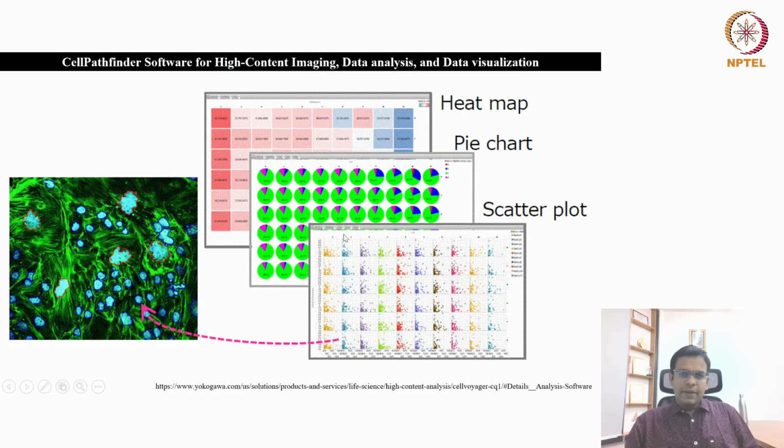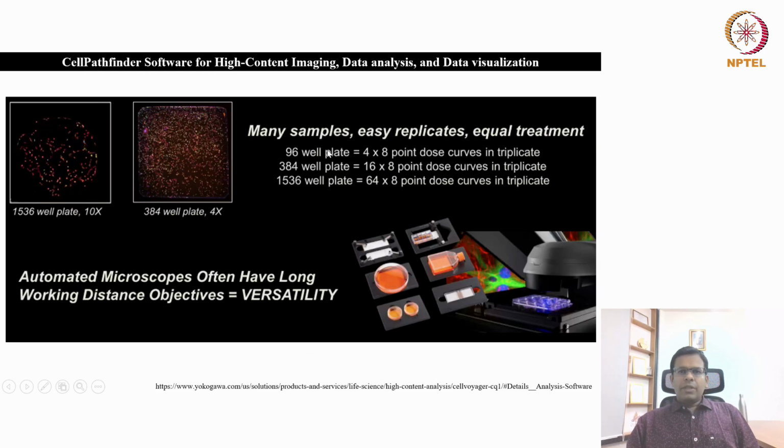And then you can see it gives you different types of data visualization options also. So you can represent your data using heat maps or pie charts or scatter plots. All these options you have, you just have to select how you want to present your data. Here you can see many samples, replicates, and treatments.